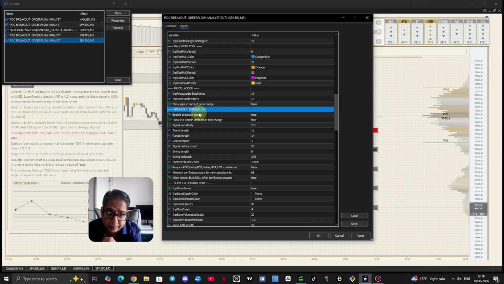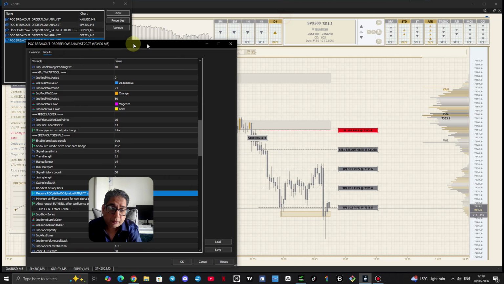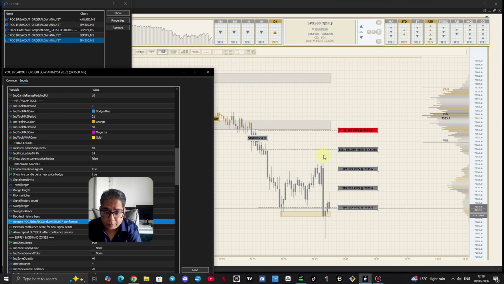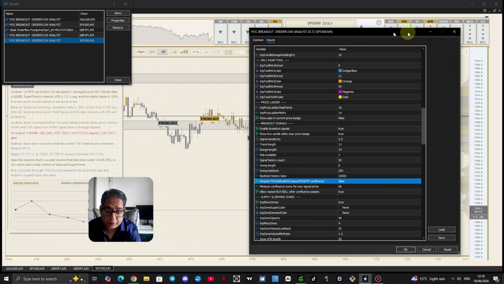Leave the breakout signals as it is. Very sensitive to this. This is another very important one, okay guys, because right now the signals can generate a buy here, and the buy signals will be based on the value being rejected and other confluences which I can't mention here, but the signal has taken into account a lot of things to give you a good and accurate signal